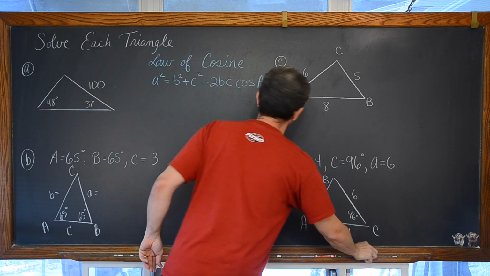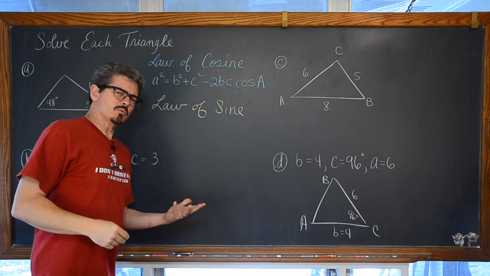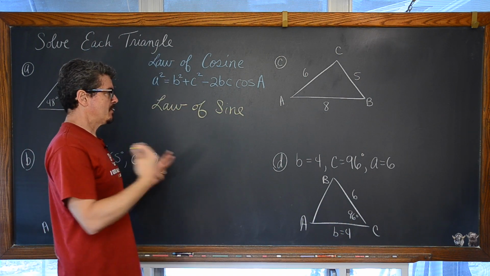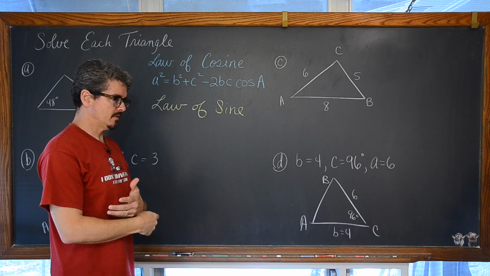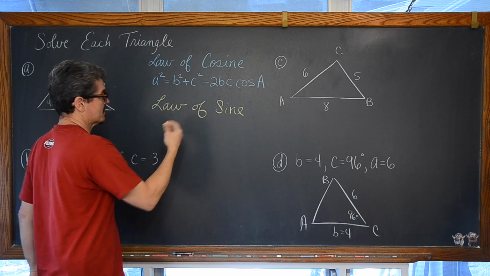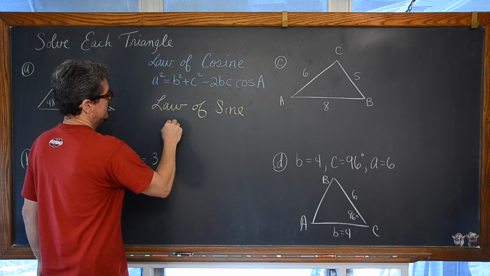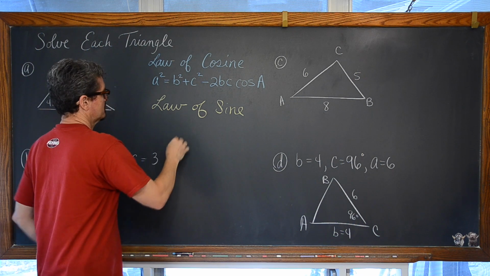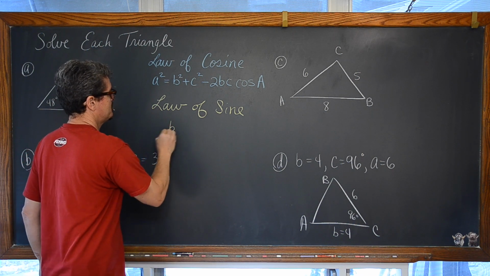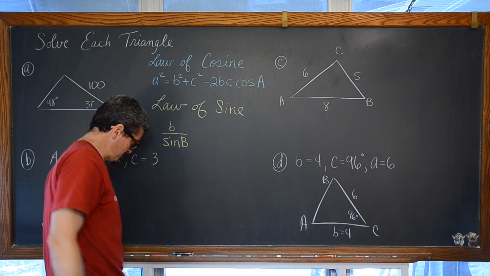And then we have law of sine, which has 2 equal signs, but we're not going to work with all 3 parts of this equation. We're just going to work with 2, an equation with 1 equal sign. Books will vary on this because you can have it flipped or not, but it'll be side B over the sine of B, except I don't know why I'm starting with B, it should be A.